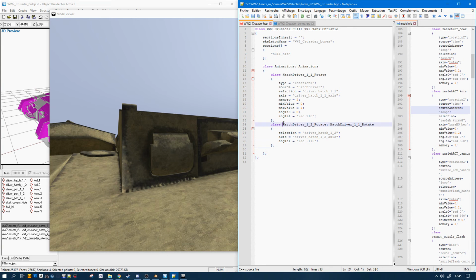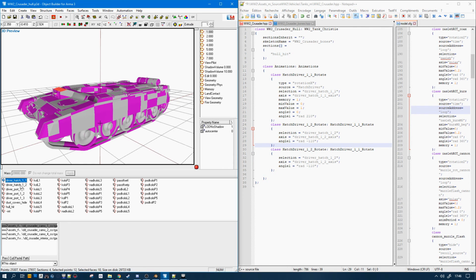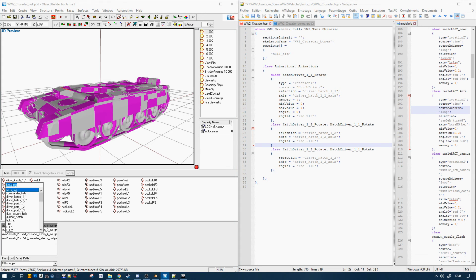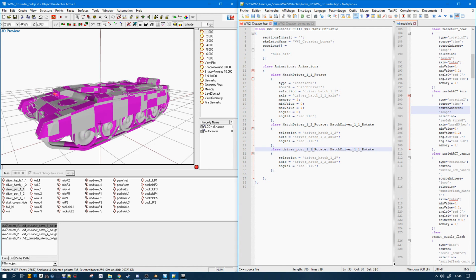So the first one is going to use the same constraint, which is rotation axis X. Port 1 rotate, selection, axis, angle is 90, 100 and let's see, 120 first.